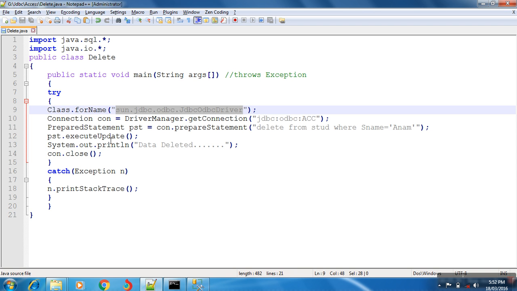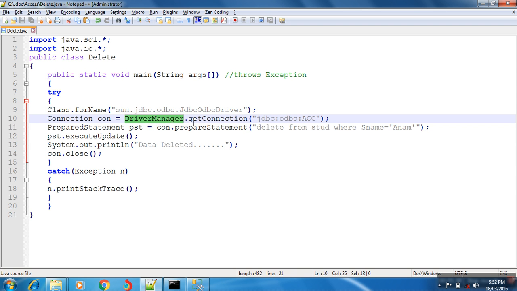After that, Connection is an interface, and con is an object of Connection. DriverManager is a class. With the help of the dot operator we are calling the getConnection method of the DriverManager class. In the getConnection method there are jdbc, odbc and DSN.